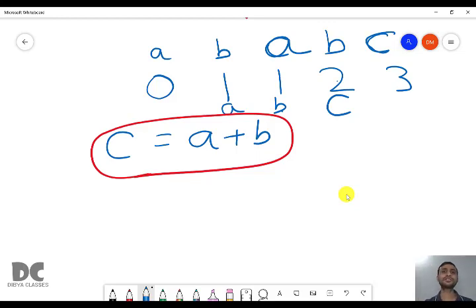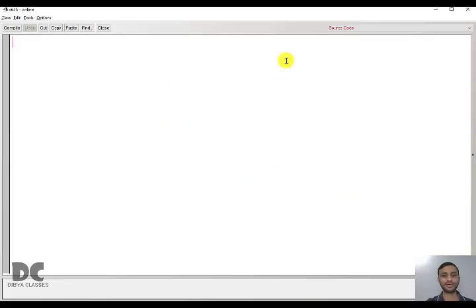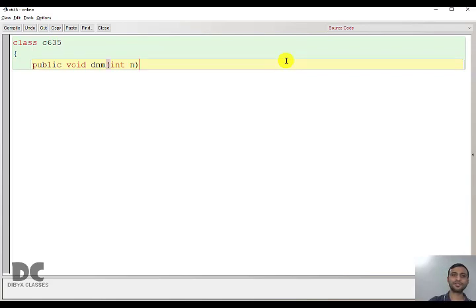For this, first I will write a program and then I will explain how it works. I have already created a class named chapter 6 question number 35. Public void, and here I am entering the value n. The question asks to print the Fibonacci series 0, 1, 1, 2, 3, 5 like this till n terms.